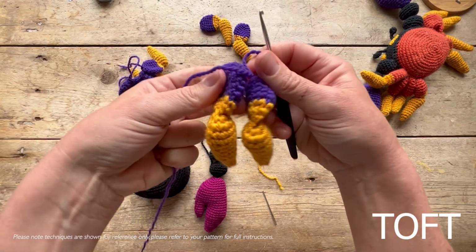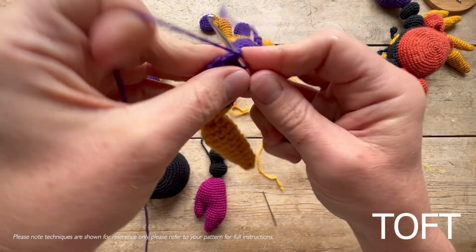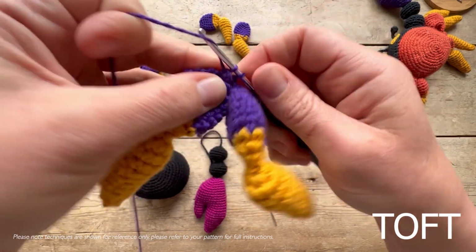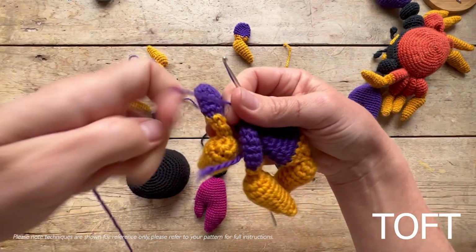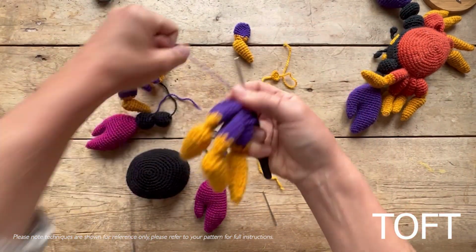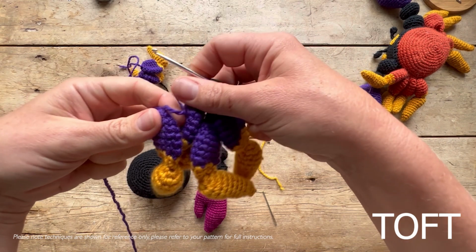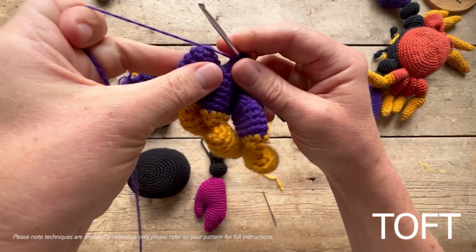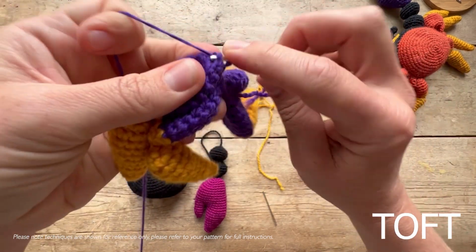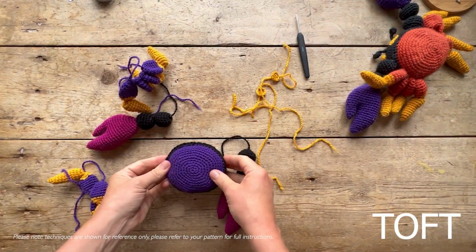Then pick up the next one, line it up with your first one, and repeat that. So one side of the 6 in a ring and a DC, and then to the other side. So that's 2, then to the next one. And then the final one, and make sure they're just all pointing in the same direction. Do you see how I've got them pointing downwards? All the tips that are yellow in this case. Like that. Break your yarn, and then we can sew those into position onto our base, which is the same